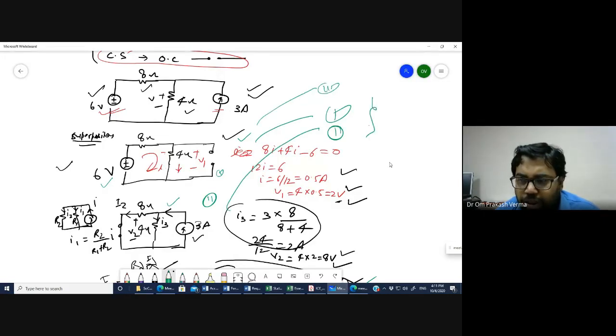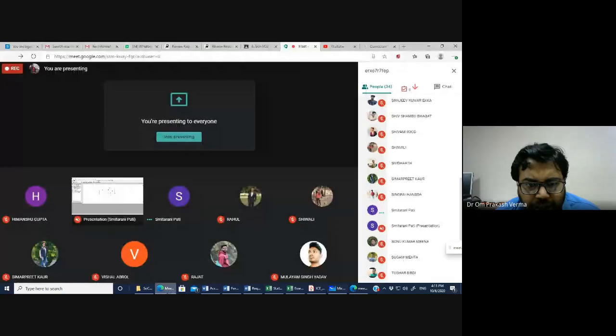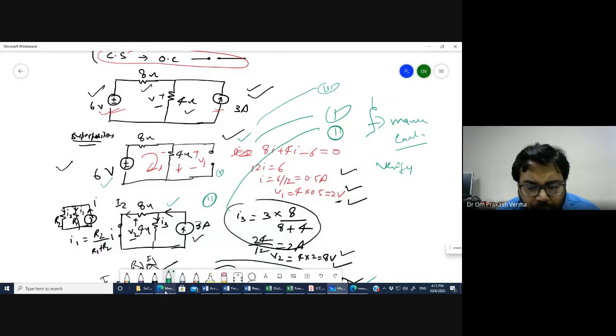Whatever you get, do some manual calculation based on the current and voltage, and verify whether you are getting the same thing or not. So try to start on PSpice. Himanshu and Smita, just start the demo based on this circuit. Students, please try to understand, and if possible, try to do it by yourself. Otherwise, my student is going to give the demo.